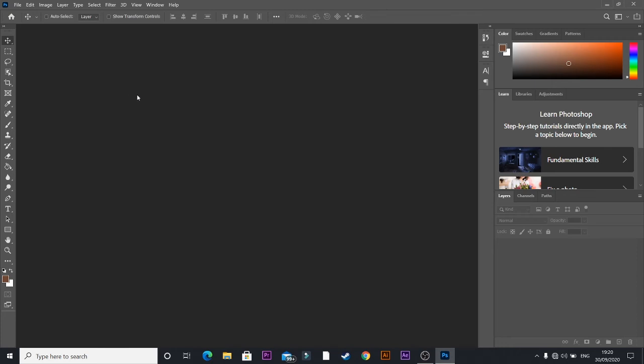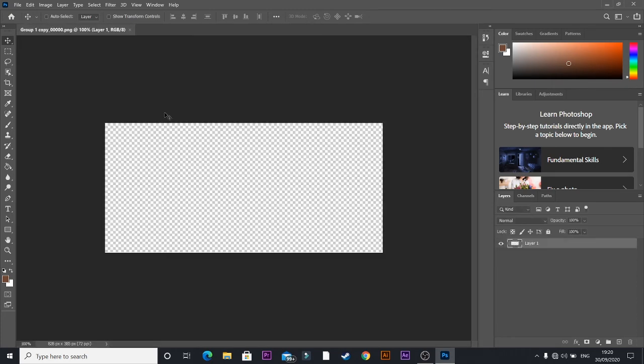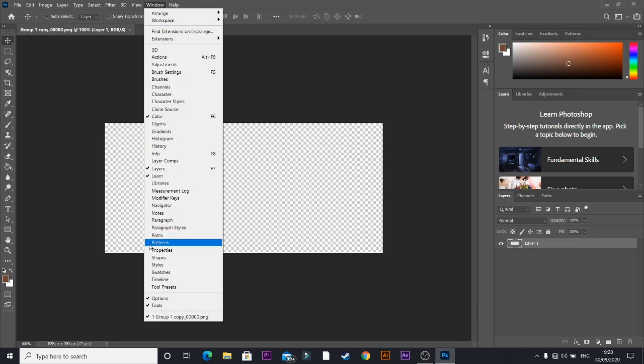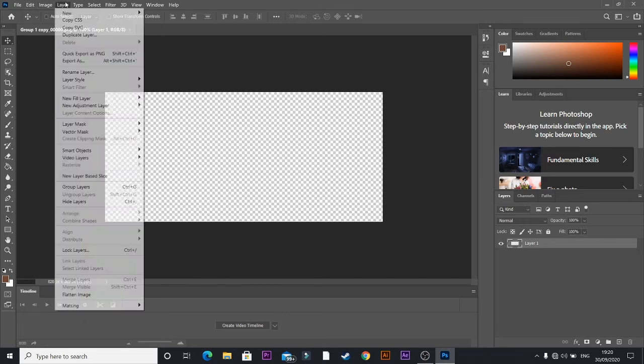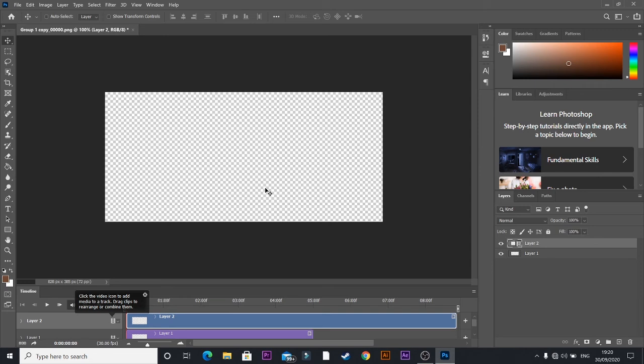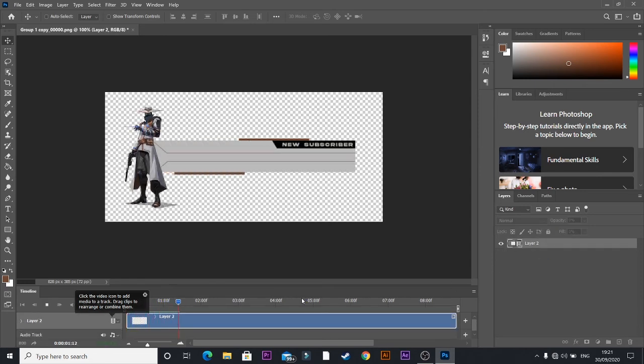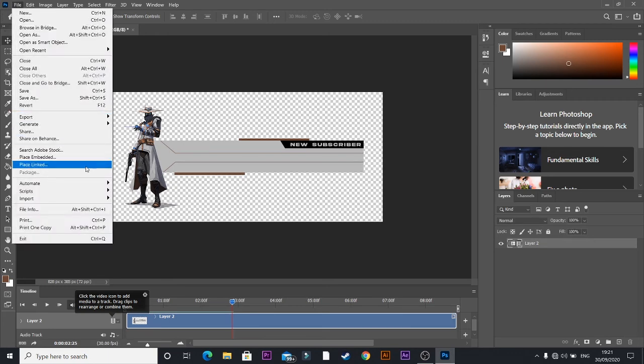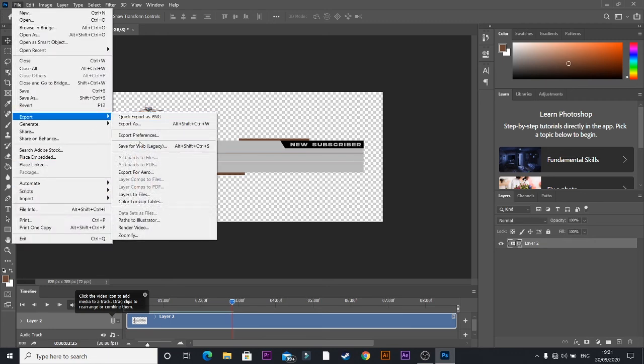Select the first PNG file. After that, go to Window, Timeline, then layers, video layer and new video layer, select the second PNG file and delete the previous PNG file in the layer section and you will see this animation coming out.